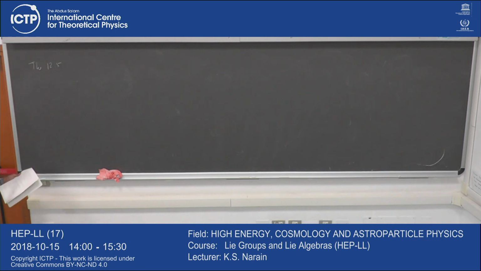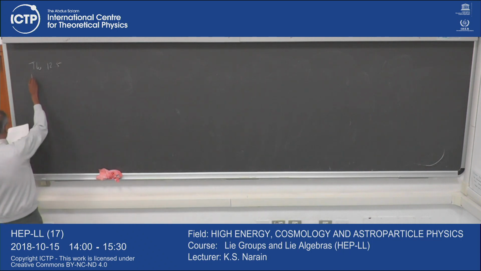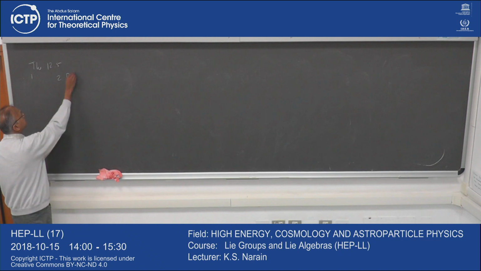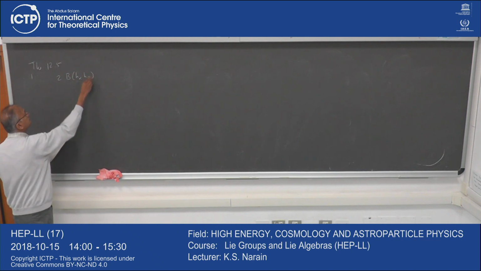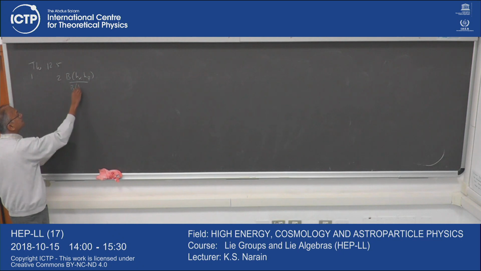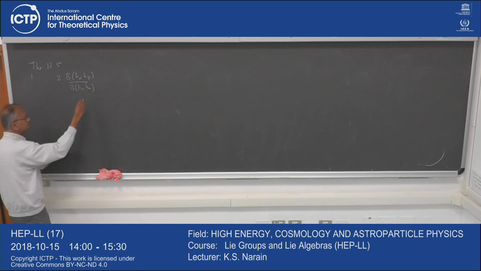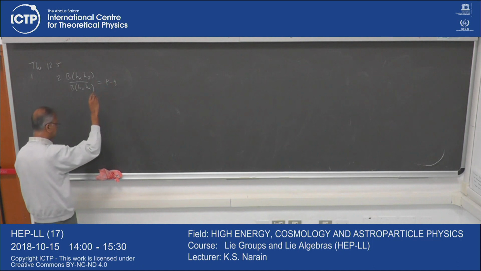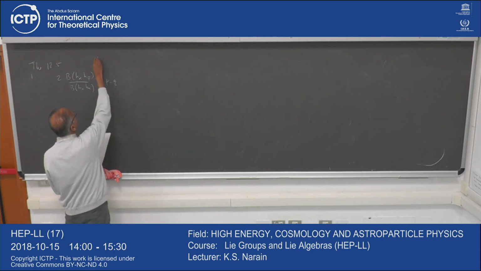This is the number 1, which basically says that 2B(H_alpha, H_beta) divided by B(H_alpha, H_alpha) is equal to p minus q, where p and q are, so one is considering the alpha string